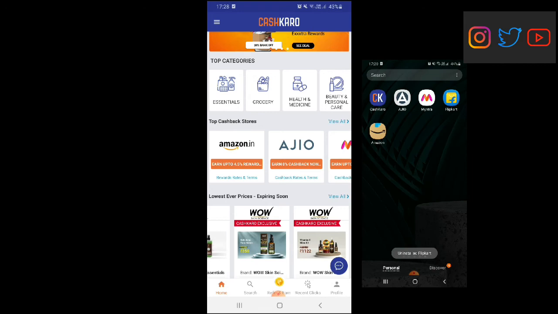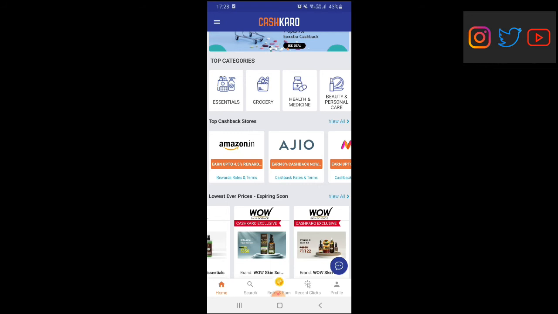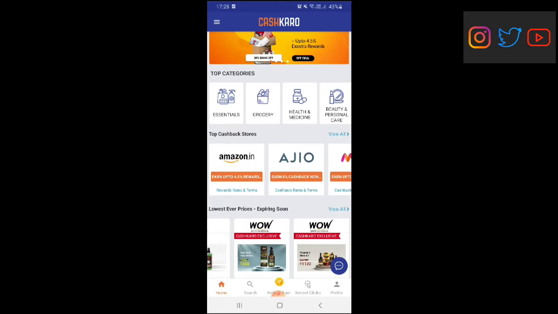You can see here I have uploaded a video on the side. You can just see the video. All those apps you have to uninstall first, and then only you can come into Cashkaro and buy from the specific store. If I have the Amazon app outside Cashkaro, I have to uninstall it first, and then only can I come into Amazon and buy.